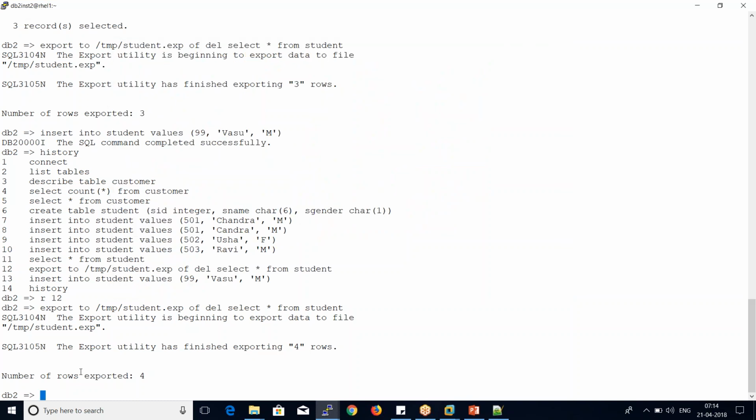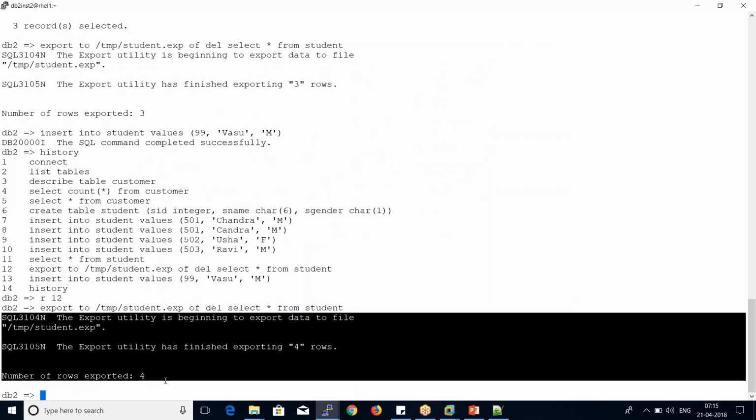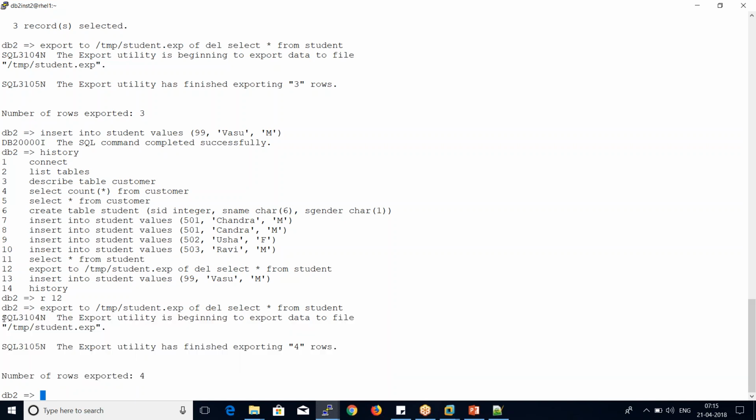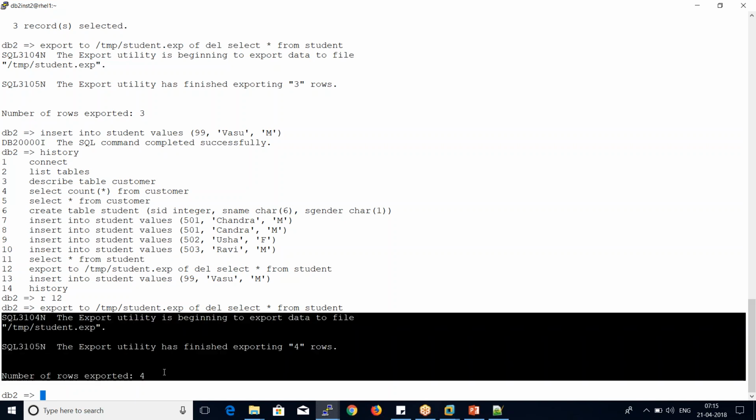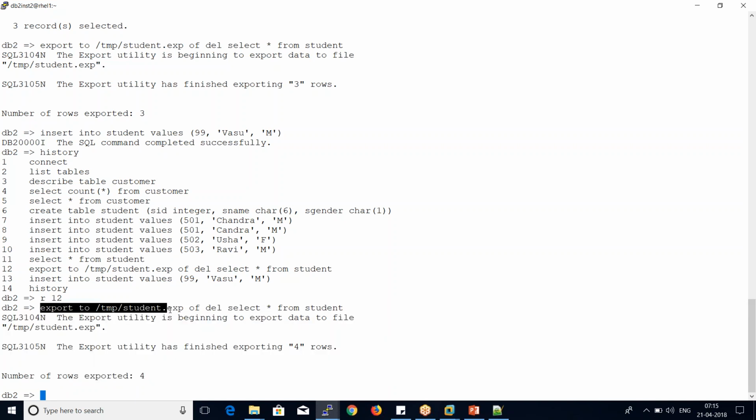This is a very basic way of exporting. Whenever we are exporting, we see this information. But if there is any error, it also writes that information on the screen. That's not a good thing, because we need to capture those errors in some file so that we can come back, or refer to that later. That's where we have an option to say